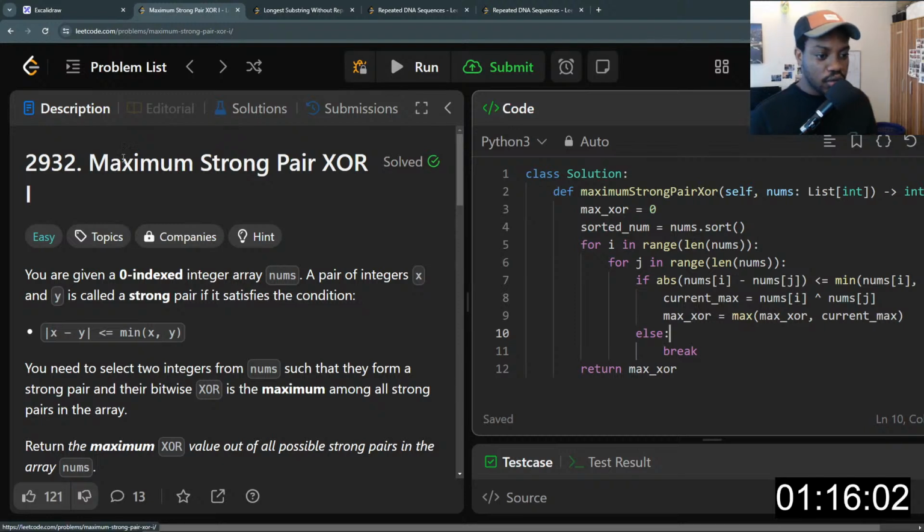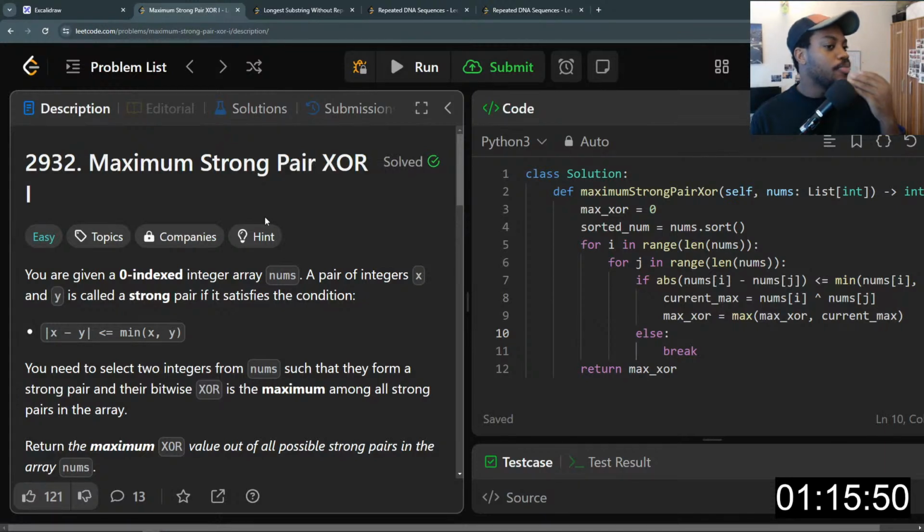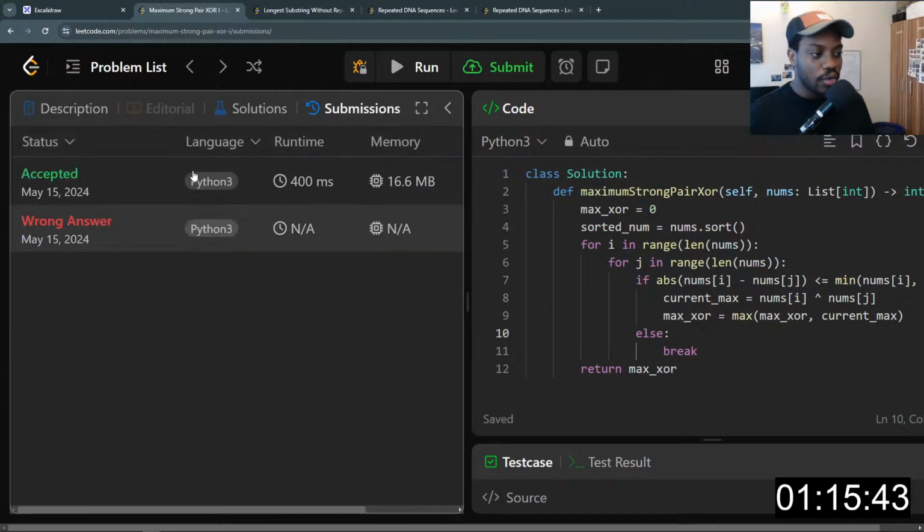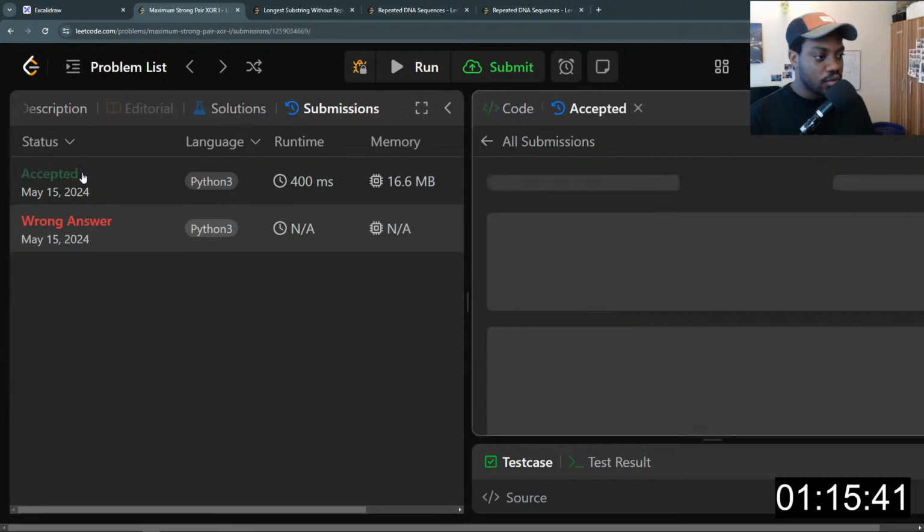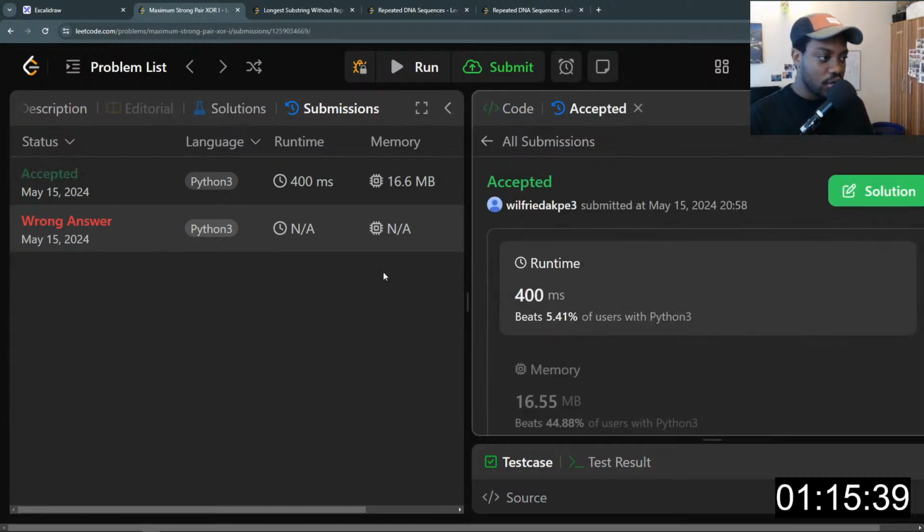So I'm just going to start with the optimization of this maximum pair XOR question that I started yesterday. I previously solved this, but it wasn't optimal. This was the first answer I submitted on the 15th. Yeah, so this worked, but as you can see,